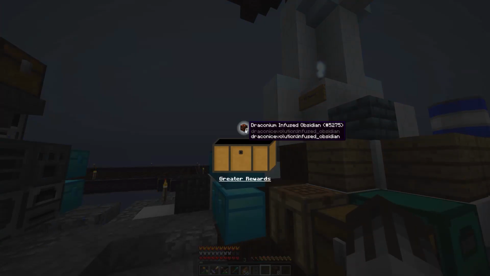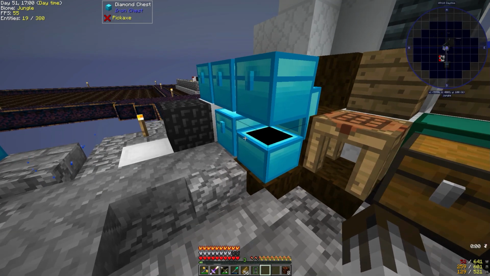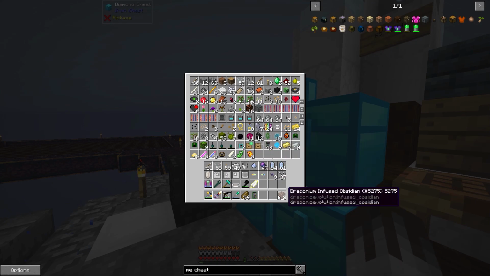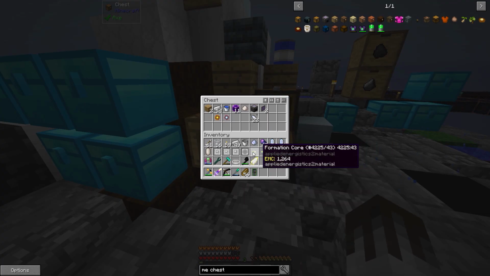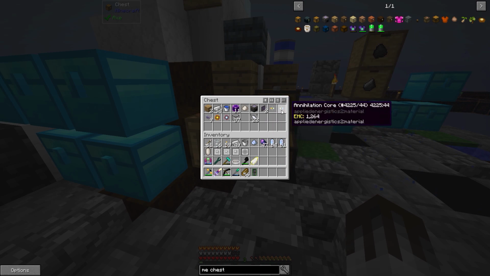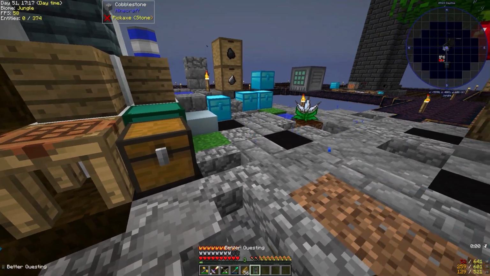So, let's see what's in here. Draconium-infused obsidian, which I think we have some of lying around somewhere. There it is. 16 of it. Now 24. And we also have a spare infusion, spare formation and annihilation core, which is always going to be nice as well. Let's put all that back in there. So next on the agenda,